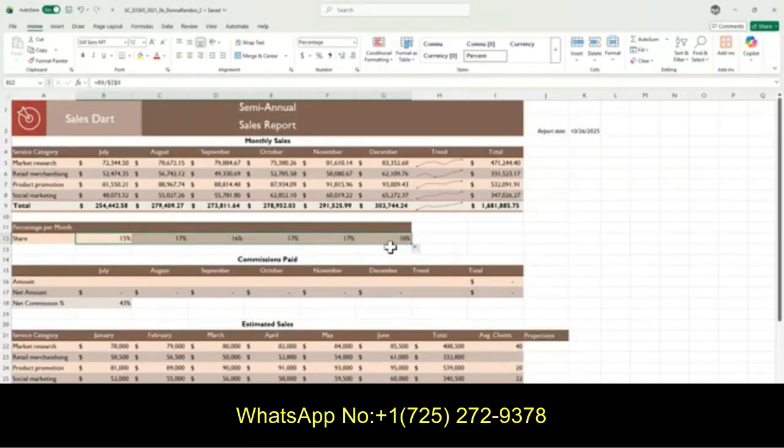Okay, so that should be correct. 15%, 17, 16, 17, 17, and 18. Okay, so again, the formula would be equal sign B9 slash $I$9. So the $ signifies the absolute cell.